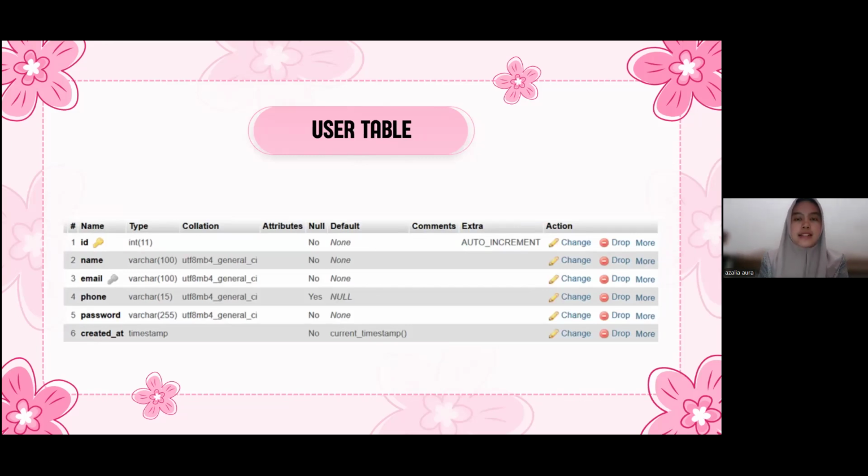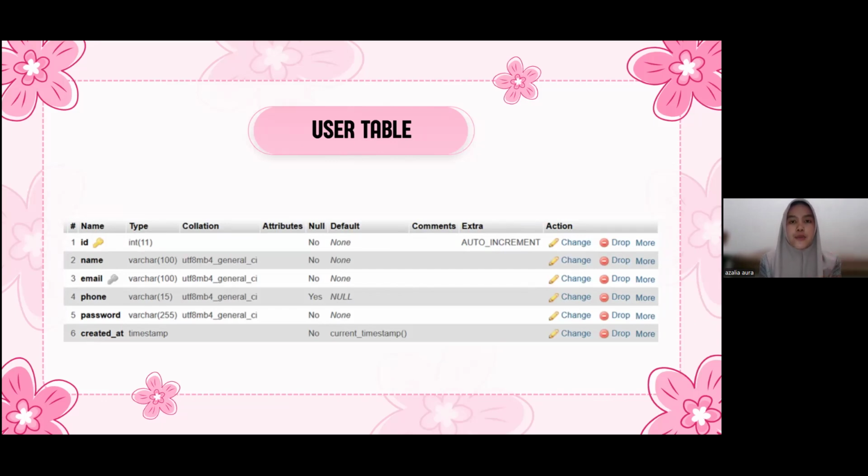User table. This table is the database structure for the user entity, which stores system user information like ID, primary key with integer type, auto-increment for unique identification for each user. Name, the username stored as text with a maximum length of 100 characters. Email, the user's email address used for login or communication.